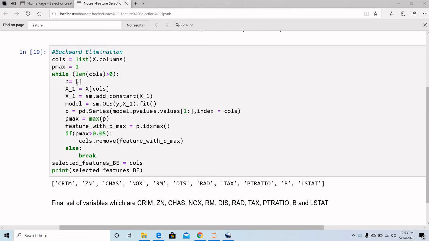Then we are pulling all the columns from our data X into this X1. X1 does not have a constant for OLS, and we want a constant as we have done in the previous lectures.